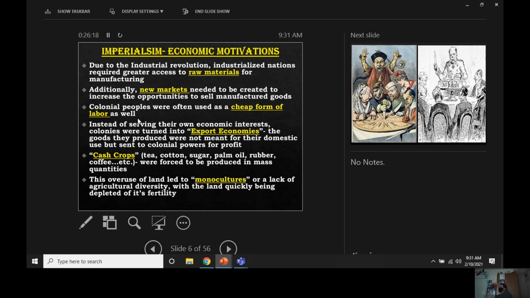But back then, maybe not looking at the long-term impact, these colonizing countries wanted to make as much money as they could. So they didn't really care what happened to the land in the long term, as long as they were benefiting in the short term.